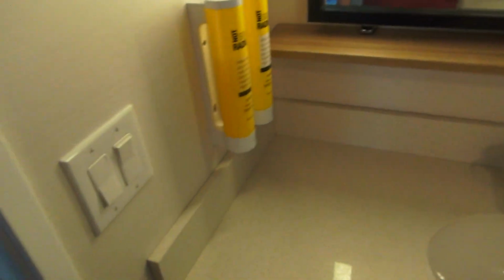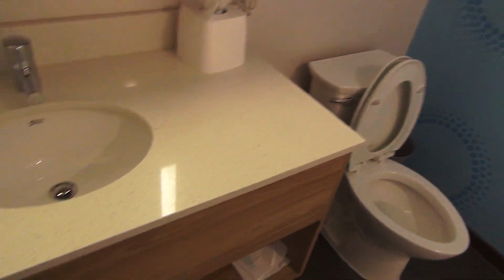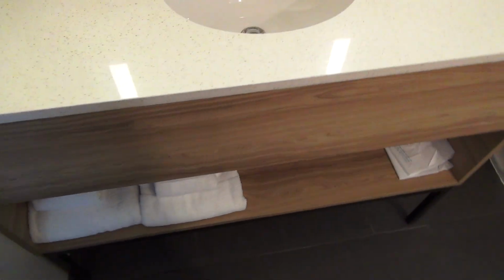It's just a fan, which is nice that it actually includes a fan. I'm surprised at how many hotels do not have a bathroom fan. I don't know why. Do you want to have mold after a couple of years of building your expensive hotel? I don't know. But starting off, here's a very nicely appointed mirror with lights and a nice sized vanity